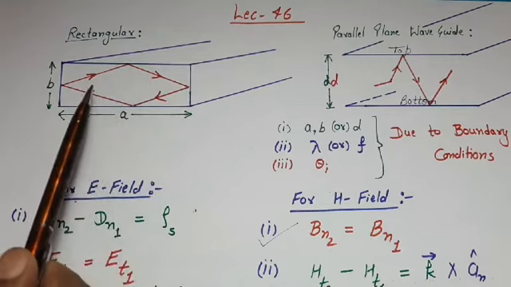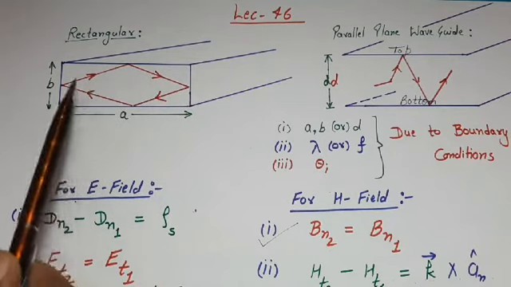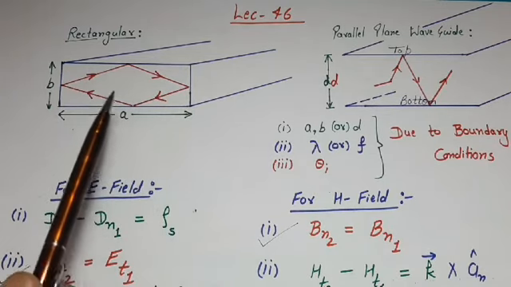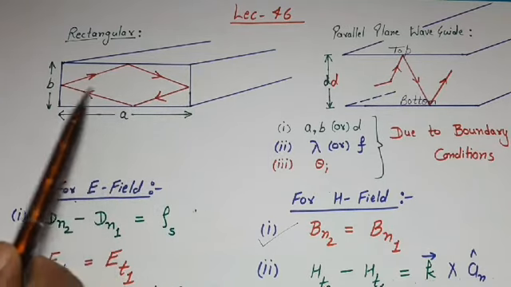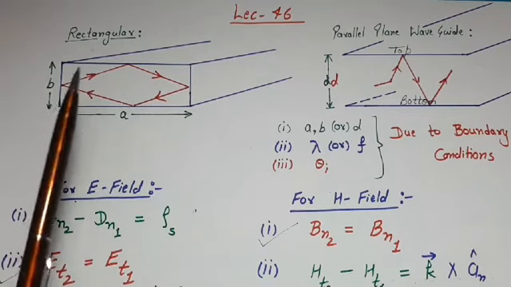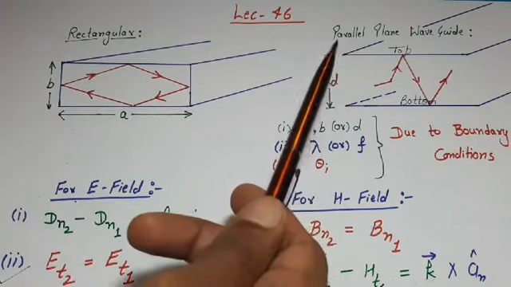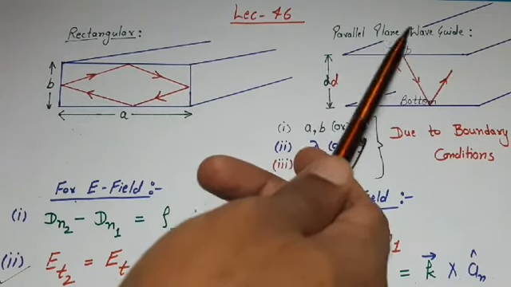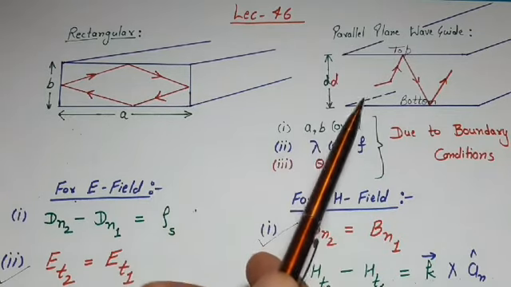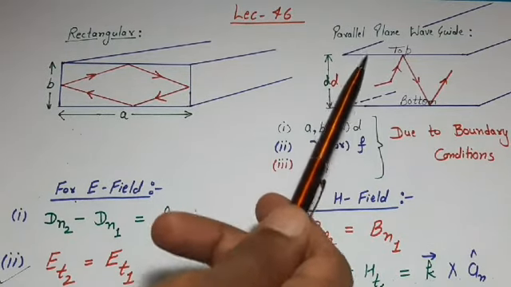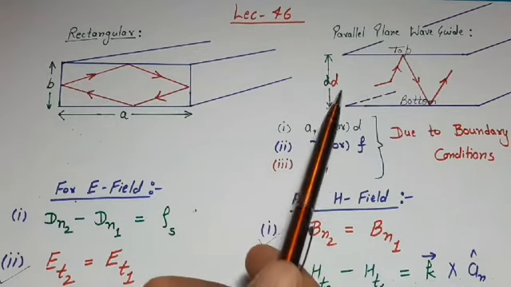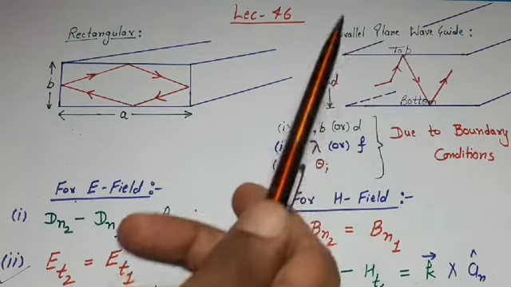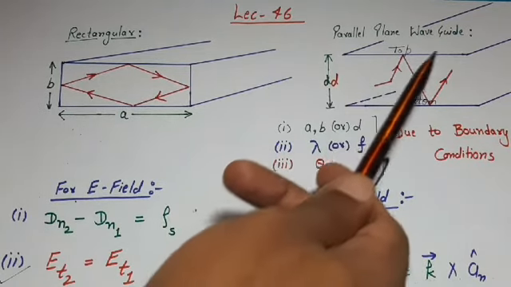Because the wave is getting reflected by these 4 walls, that's why we are saying the wave is restricted by these 4 walls. Now, analysis of a waveguide with 4 side restriction is a difficult task. That's why for analysis purpose we choose a hypothetical waveguide which is known as parallel plane waveguide. In this hypothetical waveguide we assume there are two conducting planes which are kept parallel to each other with a separation of small d, and the area of the two conducting planes is infinite, and we assume the wave will travel in between these two planes.